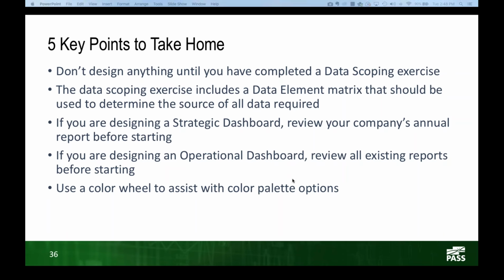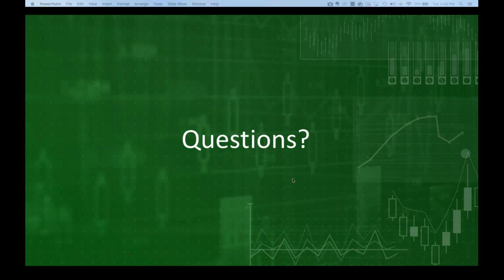You also need to know if you're doing a strategic dashboard or an operational dashboard, and have a pretty clear idea. The way I've usually talked with executives about that is, there are two different ways to do this. There's revolution and there's evolution. Which one makes the most sense here in the direction that you're heading? Where's your head at here? I can usually get a pretty clear idea within the first 3 or 4 minutes, and I understand that before I ever schedule the first meeting. And I certainly use a color wheel to assist with any palettes. So with that, Johan, I'll pass it over to you.